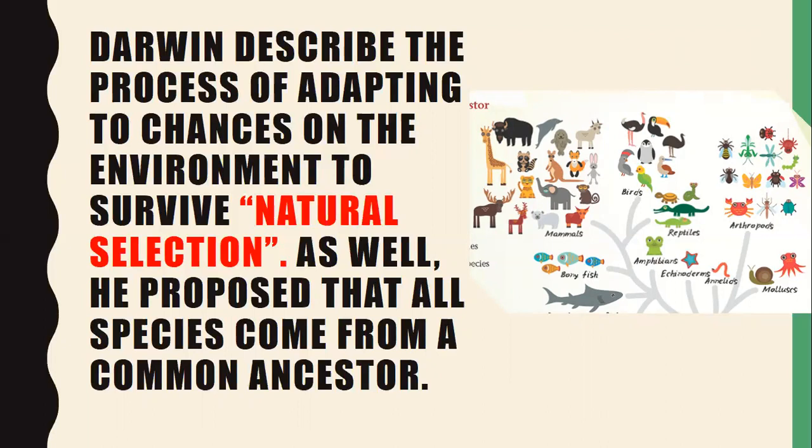That is one of the reasons why it is really important to keep that in mind. Another thing that he proposed is that all the species come from a common ancestor. So that means that all of the species, all of the animals and human beings and everything, come from a common ancestor, probably a bacteria that then evolved into another kind of water living creature. Then it became a creature that was able to walk on land, and it continued evolving until we are at the stage that we are today, okay?